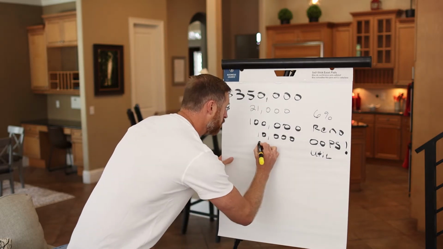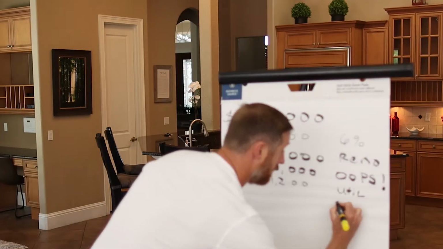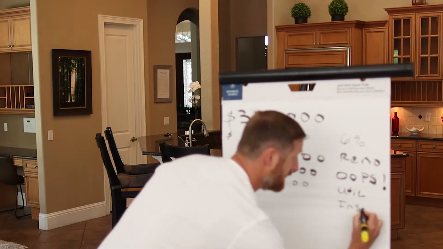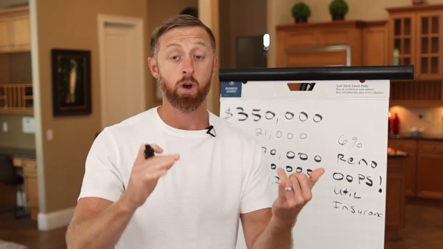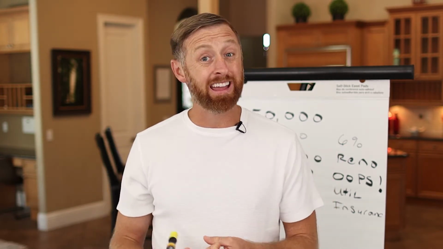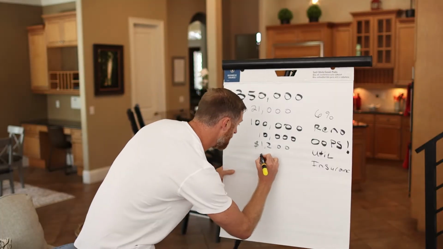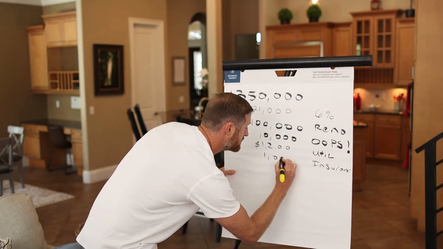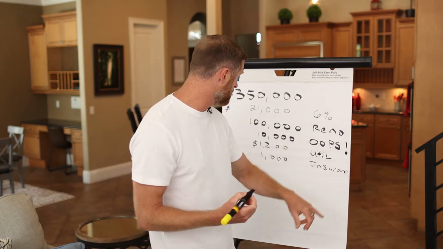So let's just figure $1,200 for utilities, and then let's not forget about insurance, because this is gonna be a construction policy, so no one's gonna live there, so insurance is higher because the insurance companies want someone to live there. There's gonna be contractors coming in. Maybe we gotta worry about unlicensed contractors. So let's just figure we're gonna pay about $1,000 for insurance for the next 6 months of this house. So there's insurance, there's utilities,